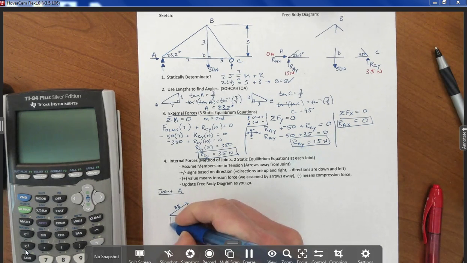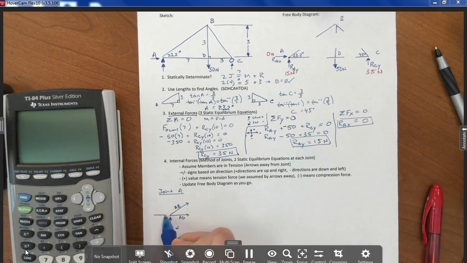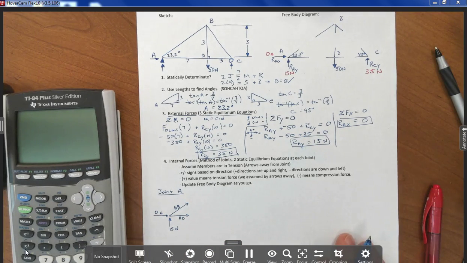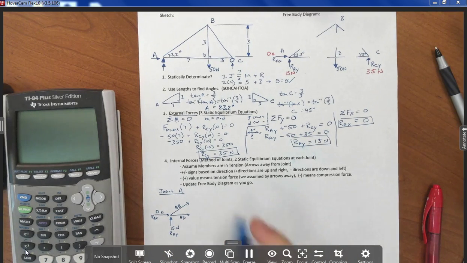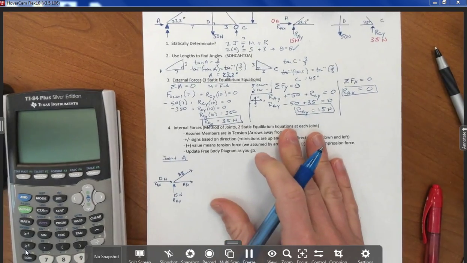We have a reaction force that's known to be 15. And we have a horizontal reaction force known to be 0. Okay, so if you want to label those, you can. The reaction force at A in the y direction, and this is the reaction force at A in the x direction. Okay, so we're going to start by using this relationship that says